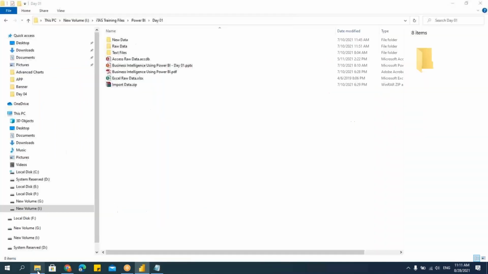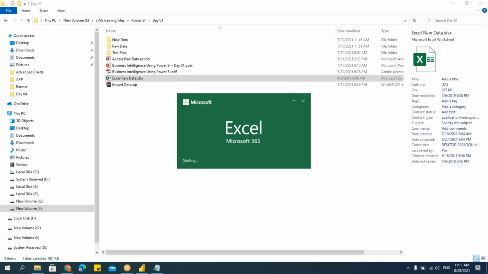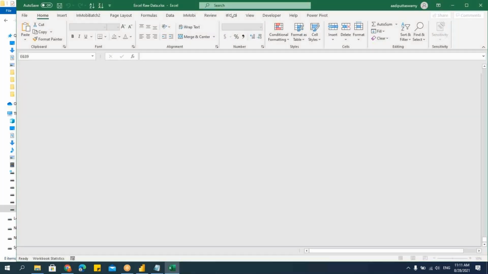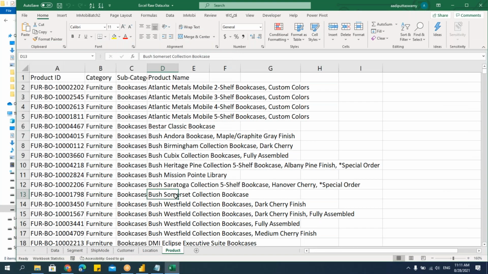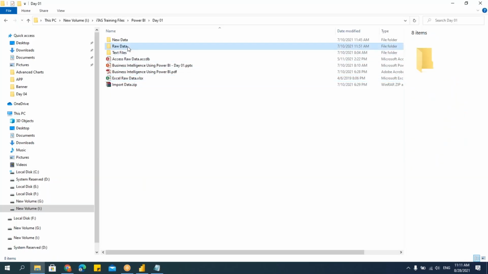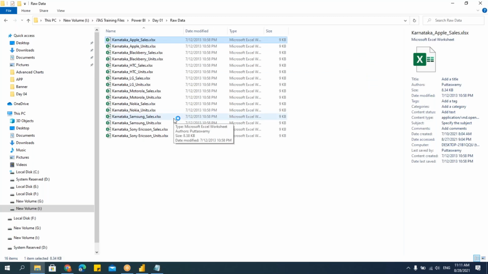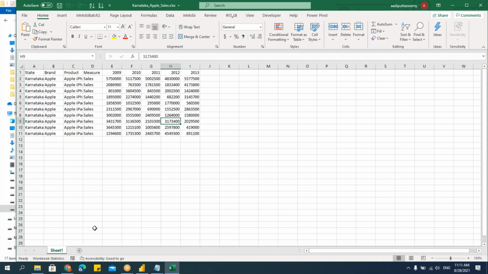Now, if you have that doubt, you can go to the Excel sheet. Here I have one Excel file. Let me open this Excel file and check. If you have a doubt, just open that file. No worries. See, I have multiple sheets. There are multiple sheets. Let me close this. Let's open one file where I'll have only one single sheet. Okay, I'm just trying to open one. See, here I have only one sheet. So likewise, I can study the data and then I can import. Now, let me close this file.